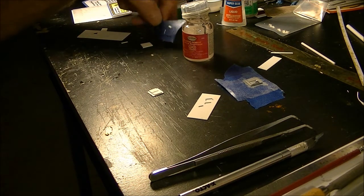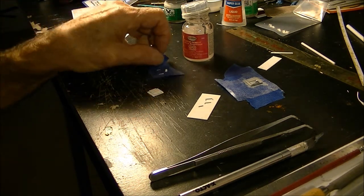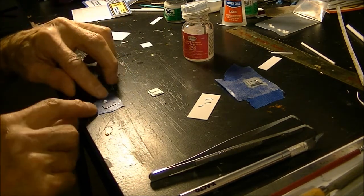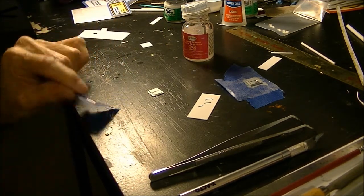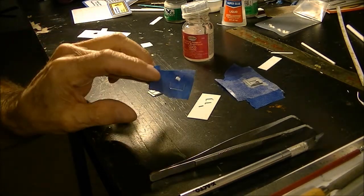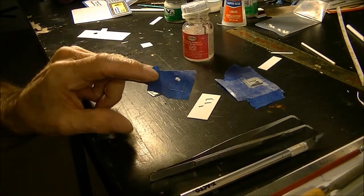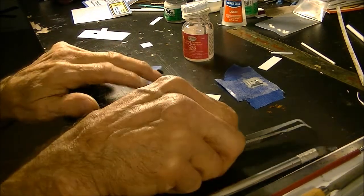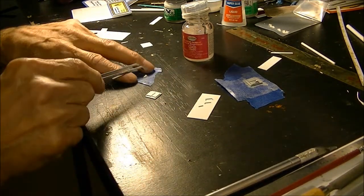The hard part is going to be getting the meter. Oops, I stuck my finger. The hard part is actually putting the meter on there because it's so small in N scale. I don't know if you guys can get this in HO, but if you can, it'd be a great little detail to add to your structures. Anyhow, we will take the meter